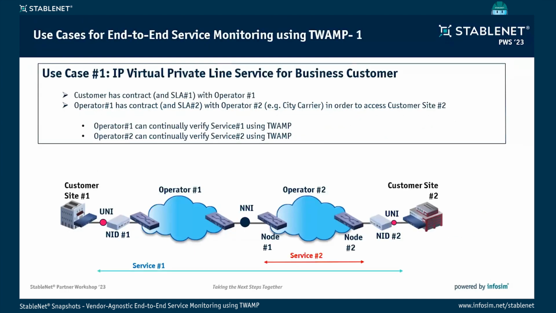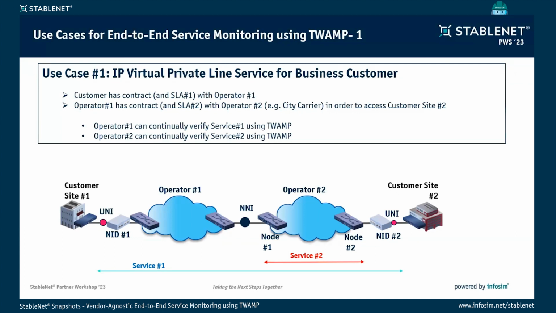Now let's look at two use cases for end-to-end service monitoring using TWAMP. The first use case you can see in the figure is for an IP virtual private line service for a business customer. So my business customer has got sites number 1 and number 2, as you can see. And let's assume that operator number 1 is a big incumbent network operator, and he's got a contract with the customer and is providing most of the service, has got an SLA with his customer. And let's assume that operator number 2 is a city carrier that is providing the last mile access to customer